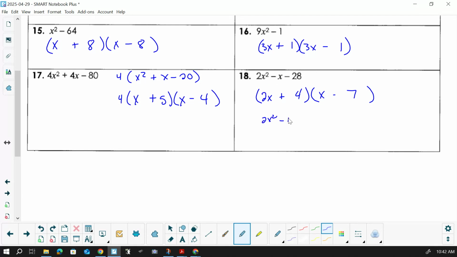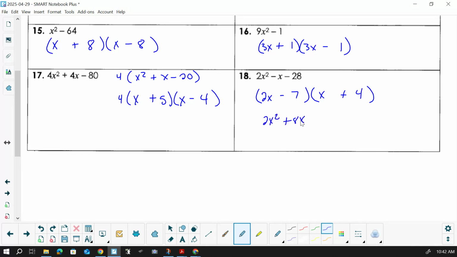minus 14x plus 4x. Oh, we already know it's not going to work. Minus 28. So it kind of worked here. It worked there, but the middle numbers aren't right. Negative 14 plus 4. Okay? So you go, okay, let's try something different. Let's try the 4 and the 7, but let's try the 7 here and the 4 there. Okay? And let's put this minus this plus. Let's try that. 2x times x